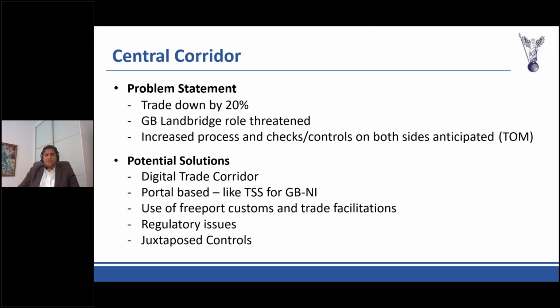So I think the first thing I'd say is, if you look at it logistically, the island of Ireland and the island of Britain, it's a sort of closed circuit loop that goes around both islands, carried by a lot of truck trade, roll-on, roll-off truck trade. And if one part of that circuit is not functioning properly, then all of it tends to break down. And this is actually a very, very important point now with the negotiations on the protocol going ahead, is that if there is too much of a difference between the treatment of the direct route from GB to NI versus